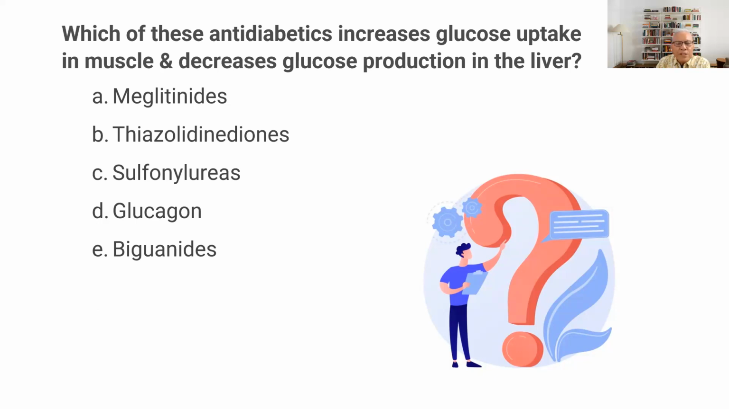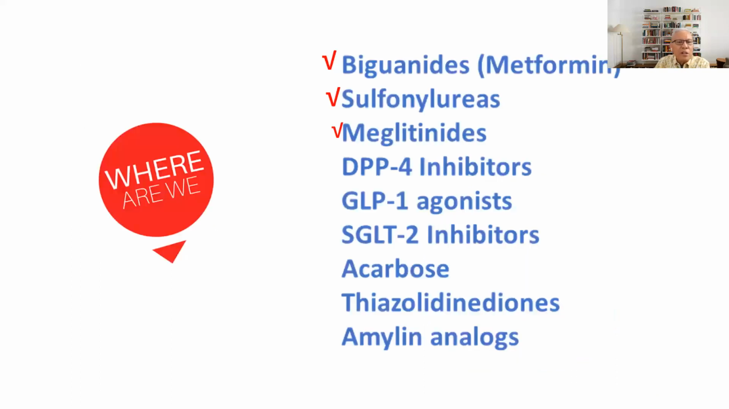All right, we haven't discussed this yet, but it's going to be coming up in our discussion. The correct answer here is your thiazolidinediones, or letter B. Okay, and I will explain that later on when we get there. I don't know why I had placed this in this particular part of the presentation. So we had already talked about biguanides, sulfonylureas, as well as meglitinides. Now we're going to talk about